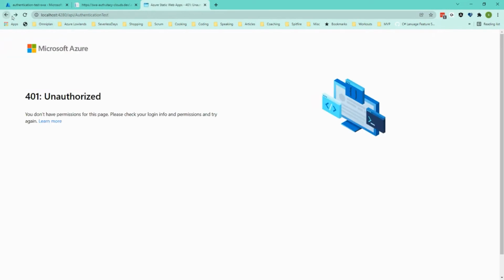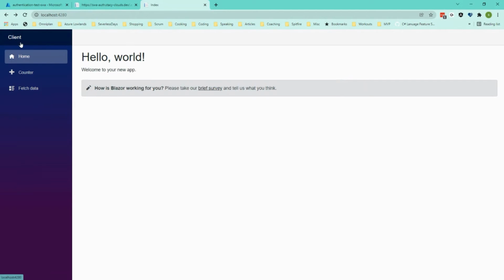If I go to test 2, here we go. I get data back. I'm allowed into my server. So you can see we can have various different levels of access given to us by the roles that we're allowed. And just to prove to you that this does actually work,